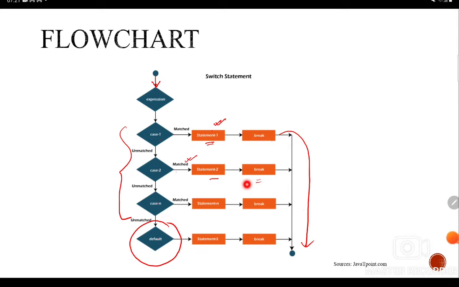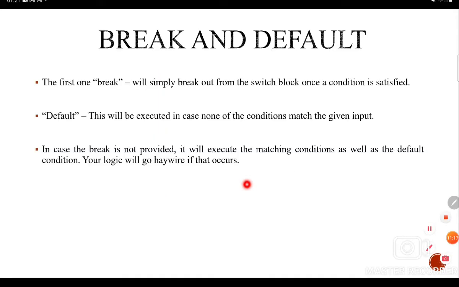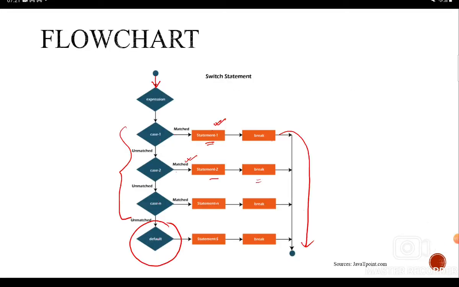Okay, so I think this is pretty simple when we talk about this particular switch statement flowchart. If you look into this in detail, you will be able to understand it more. Try to understand that we have multiple different blocks and we will be selecting the condition based on whether that particular statement is true or false.